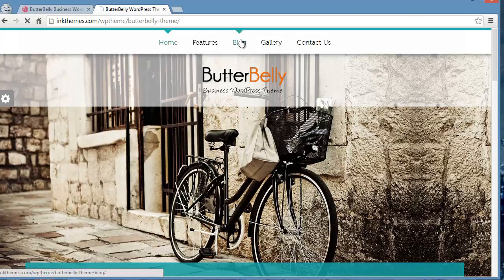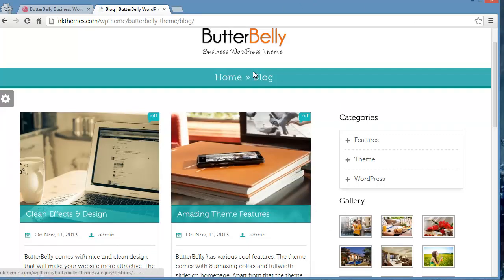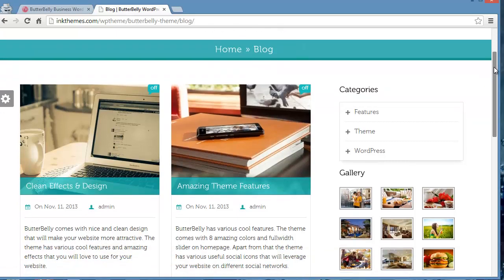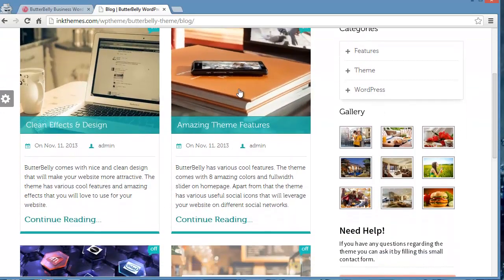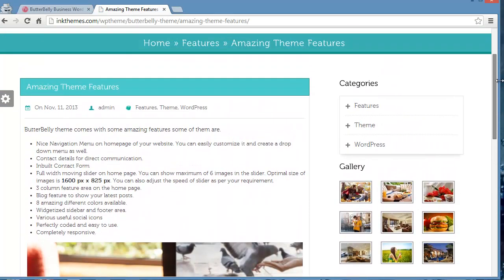Moving up, let's go to the blog section and see how exactly it appears. Okay, so this is the blog section, and you can see as soon as you navigate to a page, it shows up like this: home, and you have navigated to blog now. So it is showing you the path, and these are the blog posts that we have got. Let's click on any of these blog posts, and this is how it appears. Looks good. The comments are closed now. This is the widgetized sidebar, so you can put up anything like categories or gallery, or even embed a video, and you can customize it as per your wish. You have the widgets with you, just put any of the widgets you want in this widgetized sidebar.